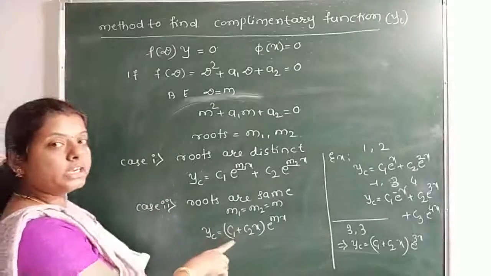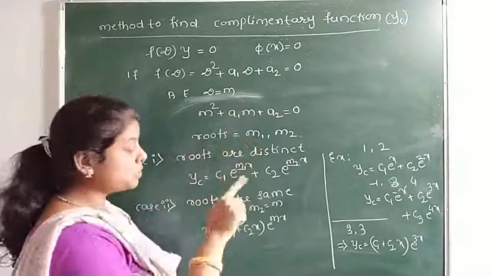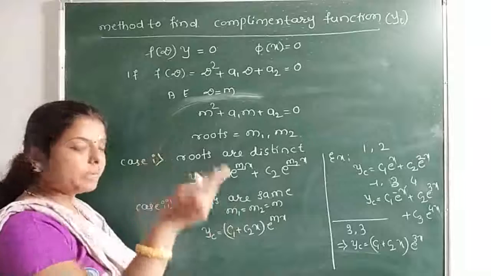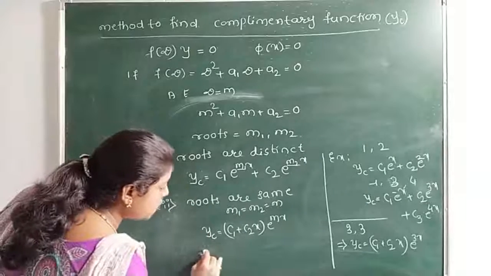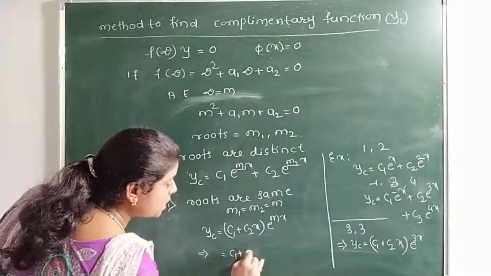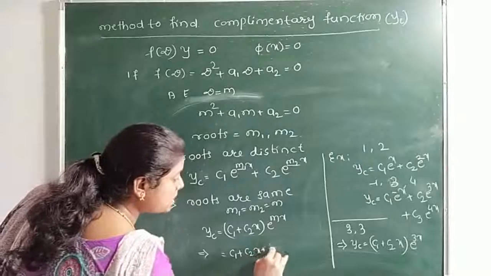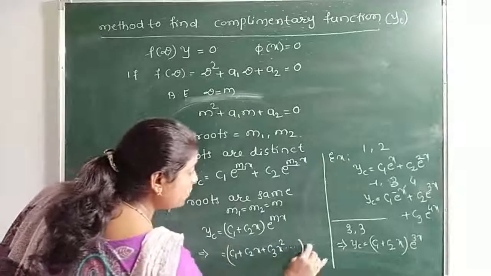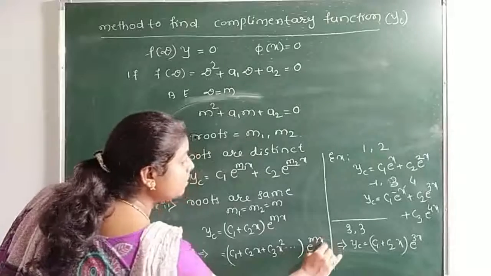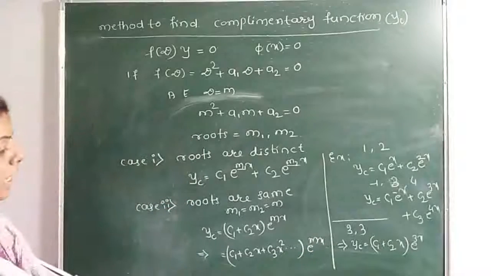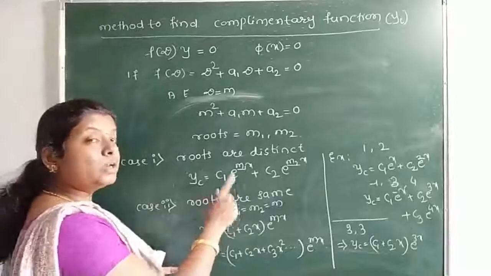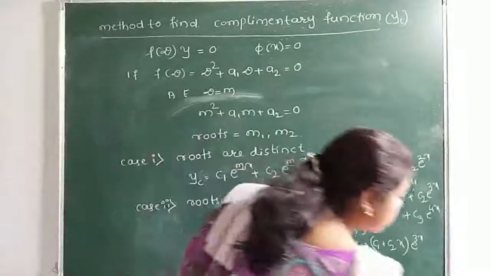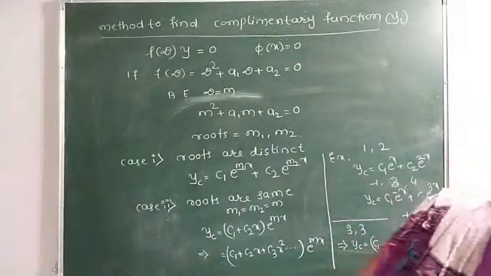In a quadratic equation we get only two roots. For a cubic equation, we write it in terms of c1 plus c2x plus c3x square, and so on, with e to the power mx. This is for when the roots are the same. If the roots are different,